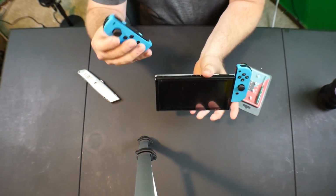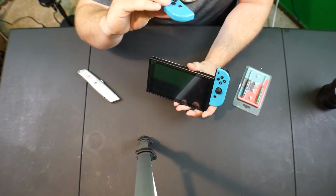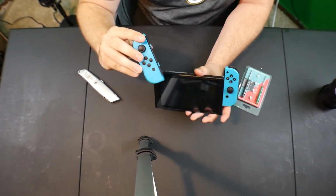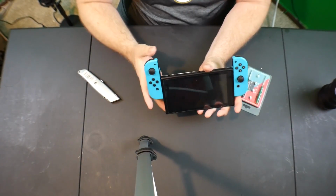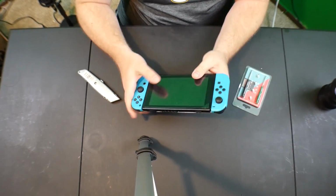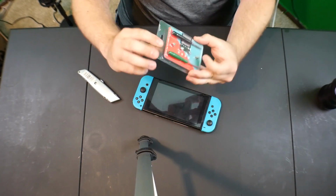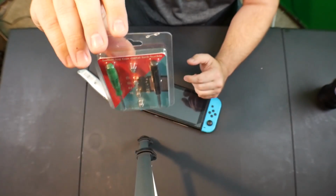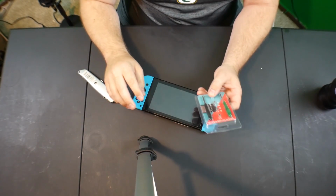And that is because on here there is a little plastic piece in there that is actually broken, and it's broken on both of my Joy-Cons. So I thought today I would take them apart and replace those plastic nubs with this metal set that also comes with the tools. Now, I ordered this on Amazon a while ago, I just haven't gotten around to it,